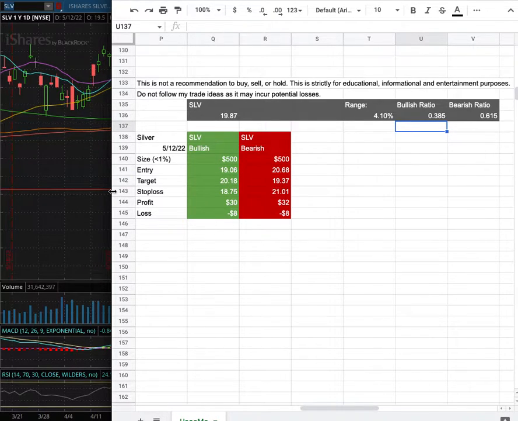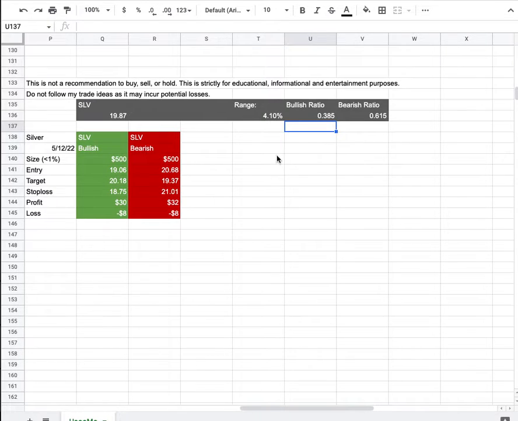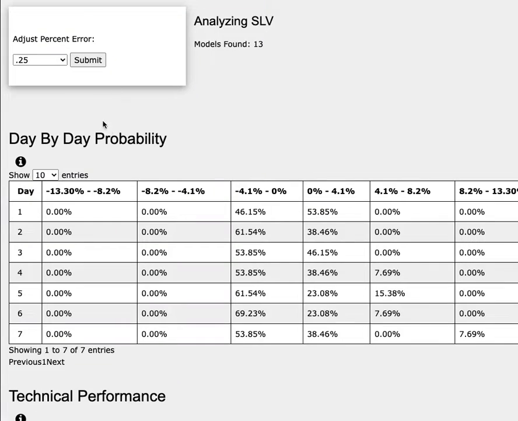So how did I develop these trade ideas? It all comes from the day-by-day probability model. And as we progress to the 5th day of trading, silver futures has a 23% chance to climb between 0 to 4%, a 15% chance to climb between 4 to 8%. To the downside, it has a 62% chance to fall between 0 to negative